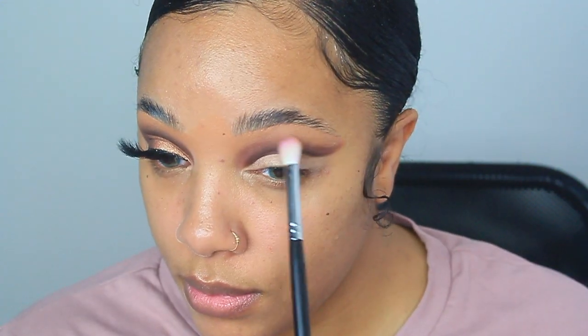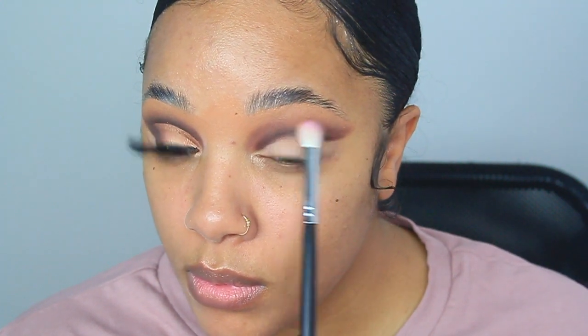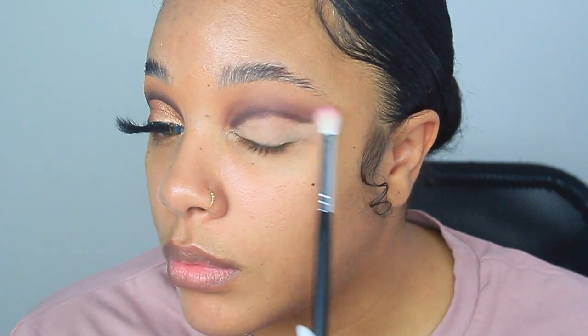It's like a peachy orangey yellow, and all of these are in the mini palettes, and I'm using that to soften up the edges even more. I really feel like it gave me the depth that I want. If you are missing any of the shades, just make sure to go back and forth in